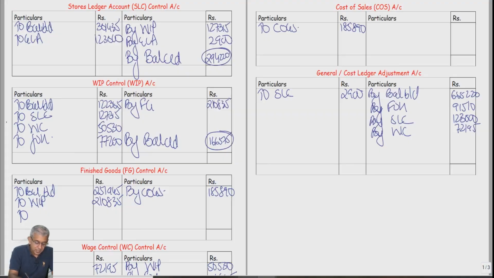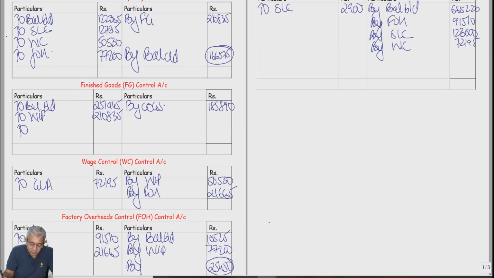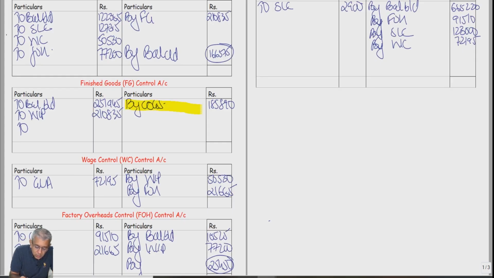Now, just try to be thinking, what does this figure represent? Beta, this particular figure is whichever goods are sold, this is the cost of that. So therefore we sold the goods, goods went out of the finished goods warehouse. Is that all okay? But now we sold the goods, that guy has given them back. When that guy gives them back, we'll again put them in the finished goods warehouse, no? So therefore the entry for sales returned at cost will be nothing but, in this particular case, the opposite entry